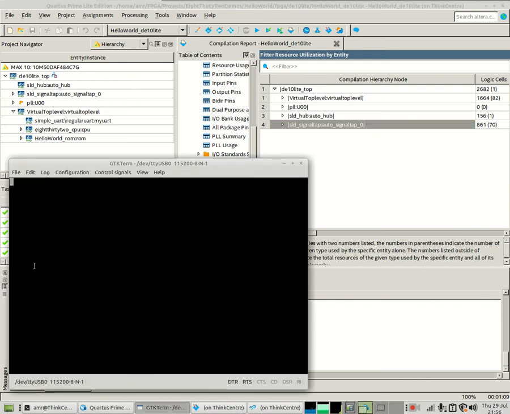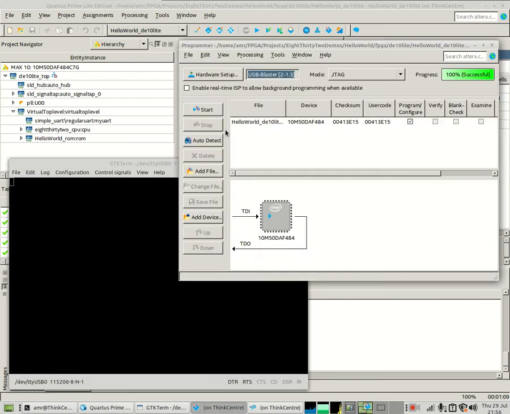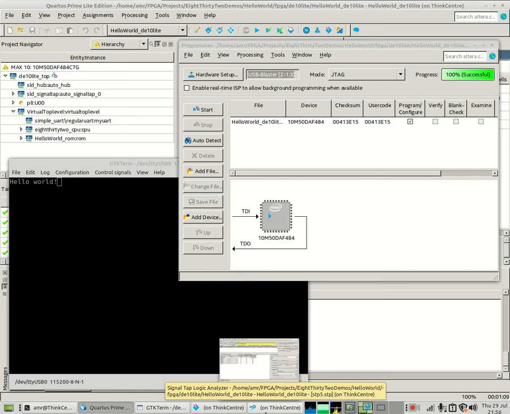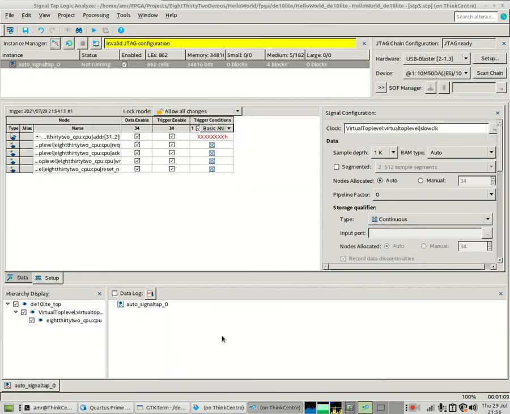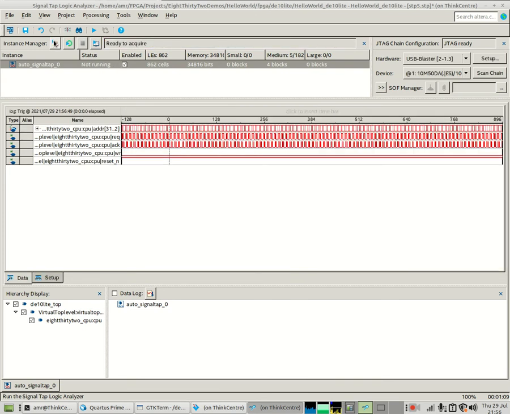So let's make the terminal visible again. Let's run the core again, and there's hello world. So now the CPU has done its thing. It's now sitting in a tight loop. So let's see if we can watch what that loop's doing. Hit the capture button,